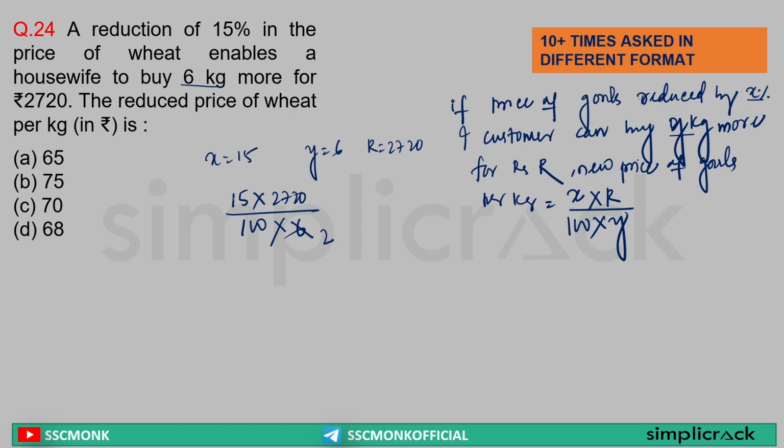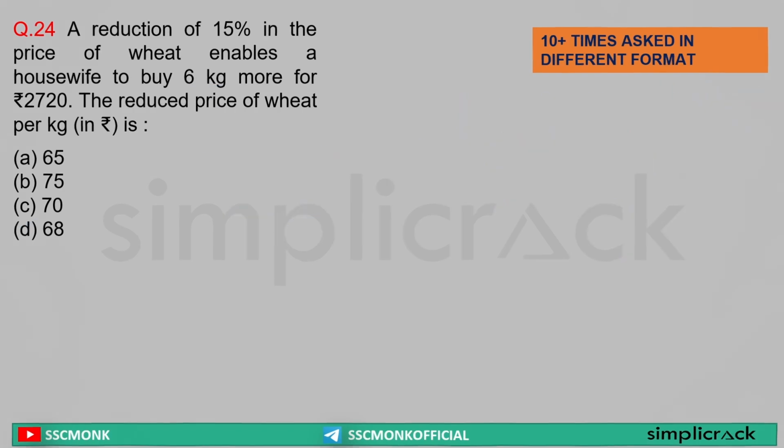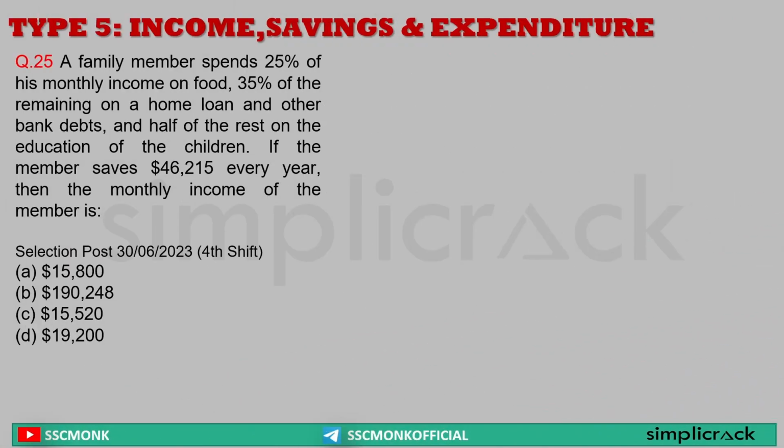Sir, 3 2s are 6, 3 5s are 15, 5 20s are 100, 0 0 crossed out, 2 2s are 4, sir, 4 6s are 24, 4 8s are 32. So what is the new price per kg? Sir, new price per kg is equal to 68. Clear? Next. A family member spends 25% of his monthly income on food,